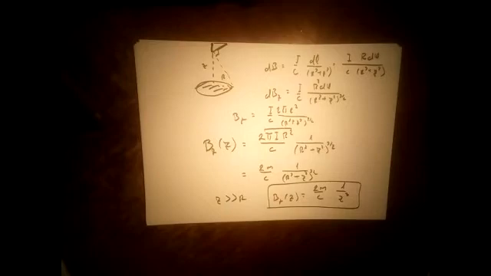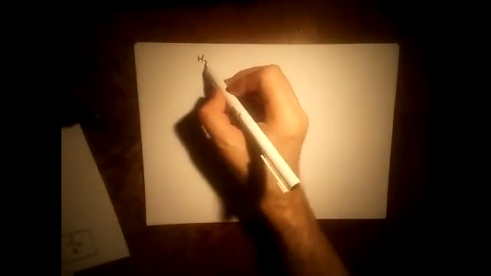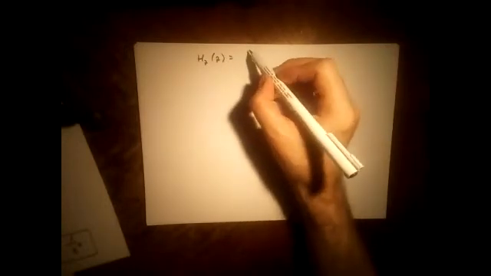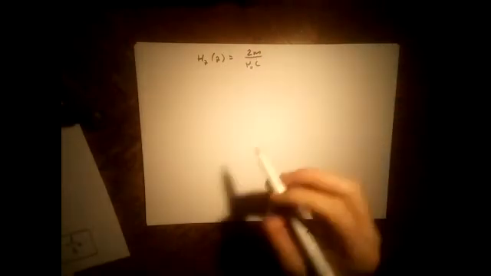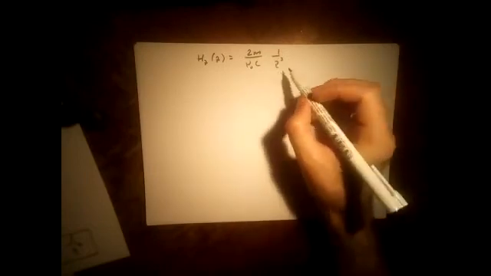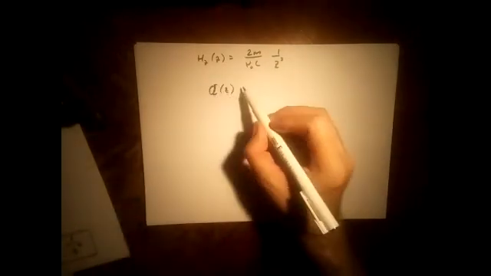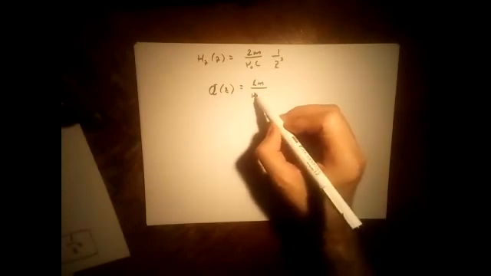Now, the next step in the actual problem is to introduce a scalar potential. And the scalar potential we're going to calculate by integrating. Actually, we should integrate H, right? So not B. B is of course mu times H. So H, z component, is 2m over mu 0 c, if you want, 1 over z cubed. We can write it like that. And the scalar potential associated with this, only along the z-axis for now, is going to be 2m over mu 0 c